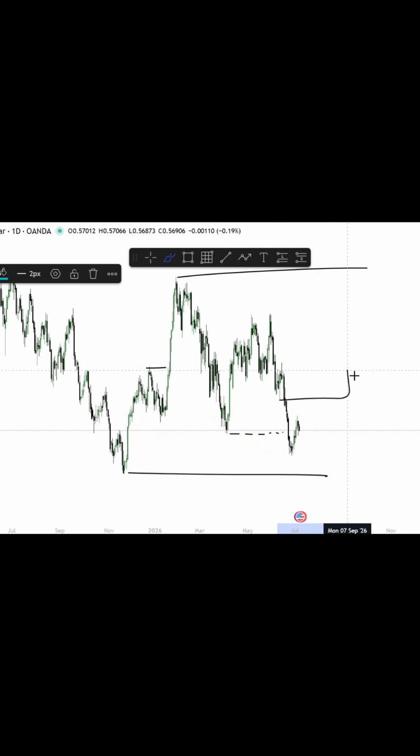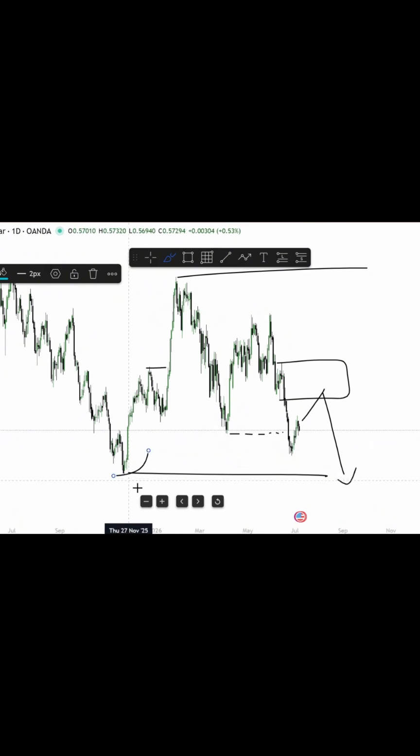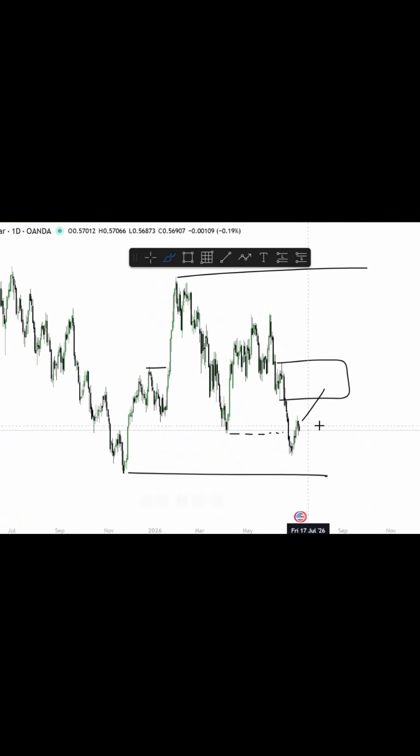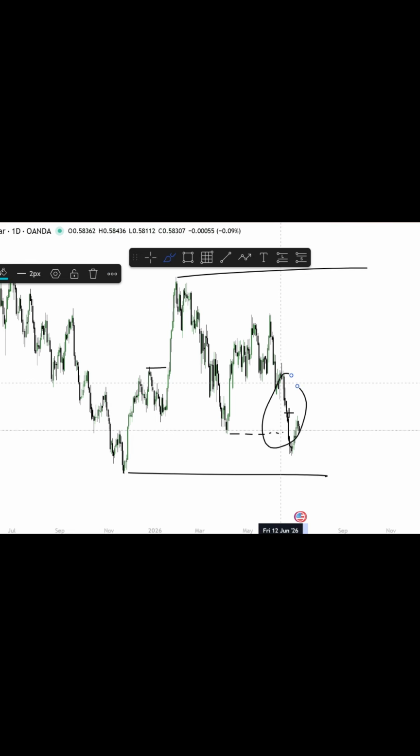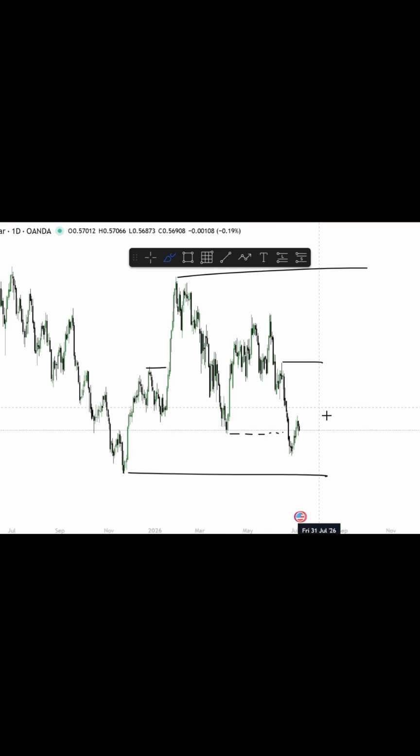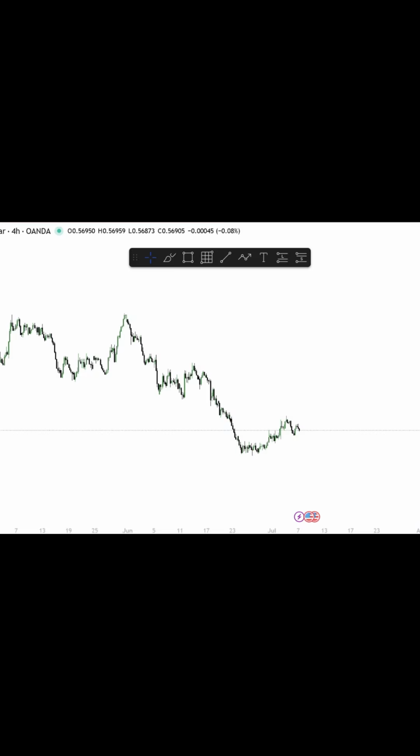Now, it makes sense to see a pullback, maybe towards this supply zone where you could then look for that downside continuation towards the swing low itself. Although there is no liquidity in this move, and therefore it might want to come for the high of the supply zone itself. If we go down onto the 4-hour time frame, what we can see is we've had that